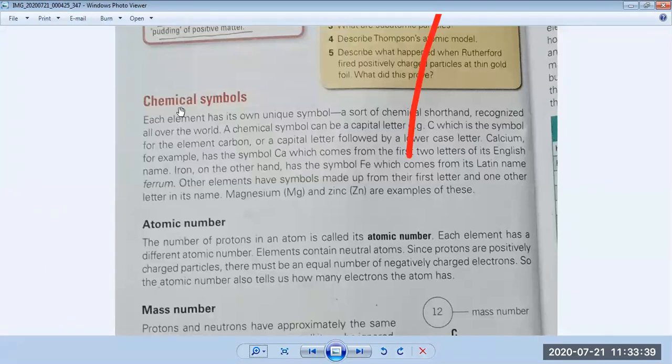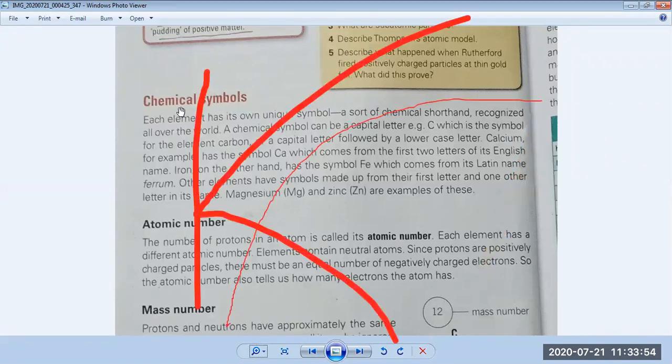Before this topic, we discussed the evolution of atomic theory, that is, which scientists took part in making the structure of an atom, and their names, which we have discussed in this chapter. The first one was John Dalton, second was Joseph Thomson, third was Ernest Rutherford, and the fourth one was Niels Bohr. I have told you this is a very important chapter for your chemistry, which you will start in class 9.